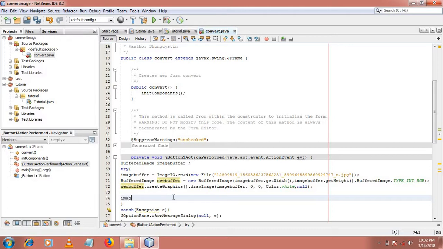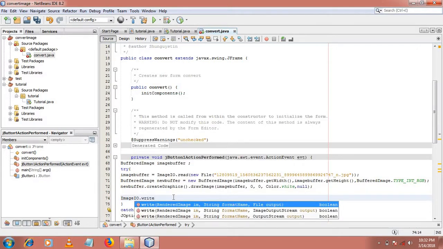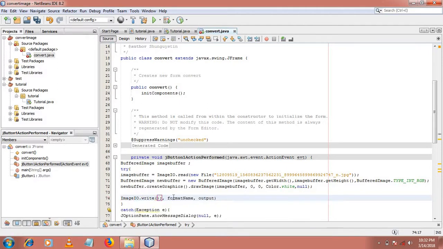So we say ImageIO.write. So what are we writing? The first one is the new buffer,